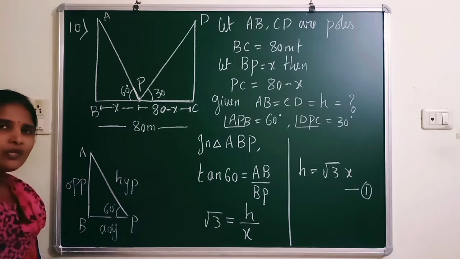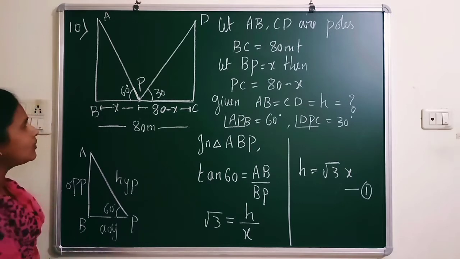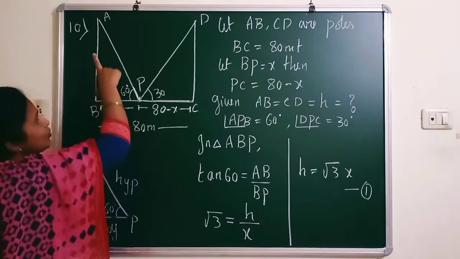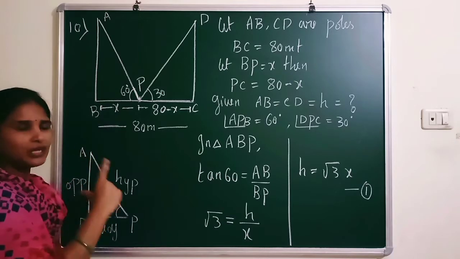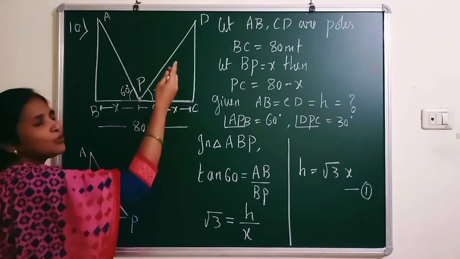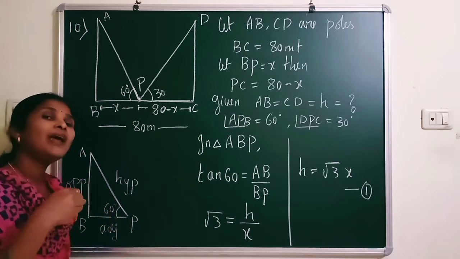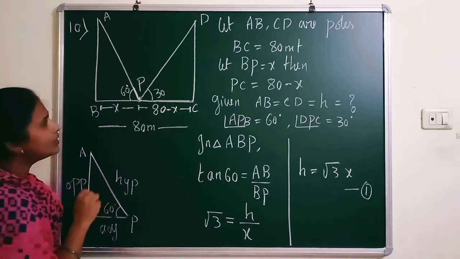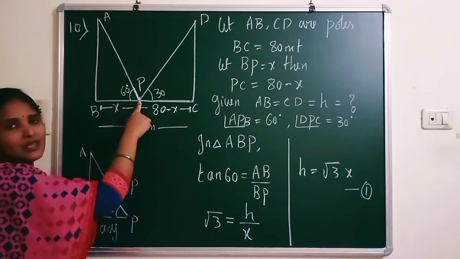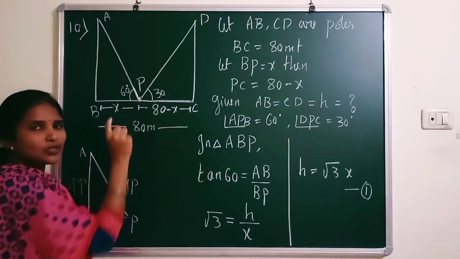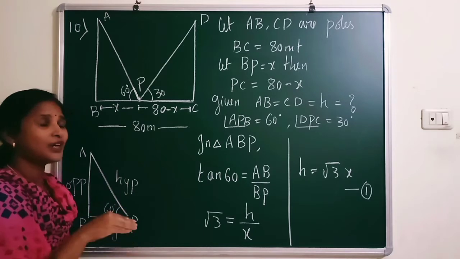And you may have a doubt that in the previous question I told you, if the angle is greater, you have to draw the height bigger. And here the angle is 30, you have to draw it smaller. But there the situation was from the ends of the line. But here it is from the same point. In the previous question it was not from the same point. The points were different.